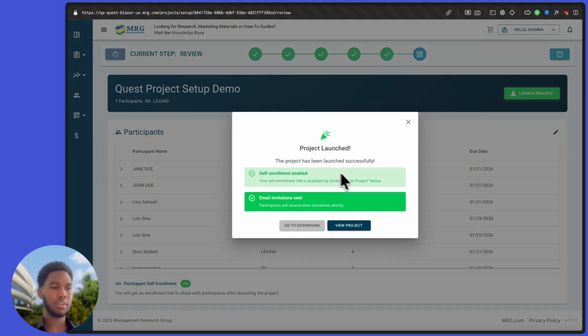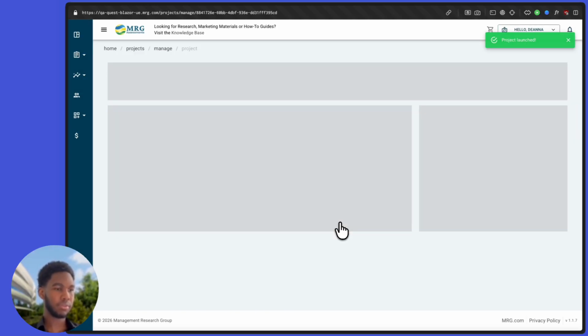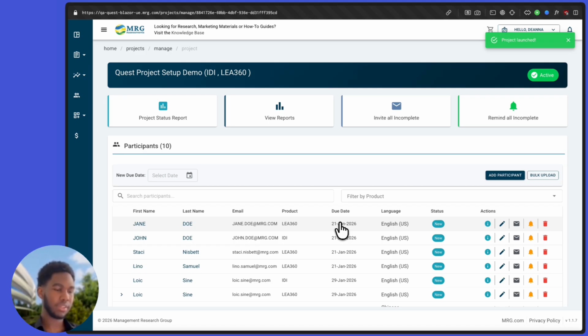I'll go ahead, launch it now. Once launched, you now get access to the Manage Project page. We've made some exciting improvements to the way you manage your projects to help you access and review your projects